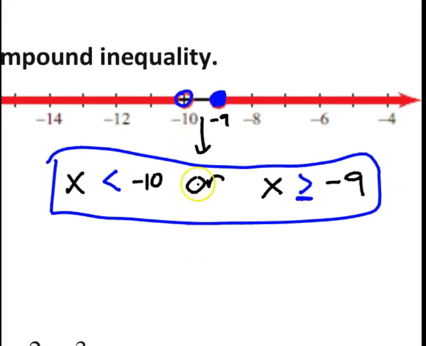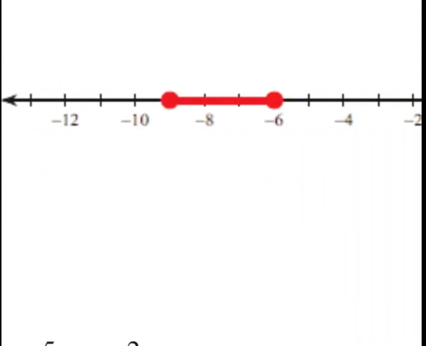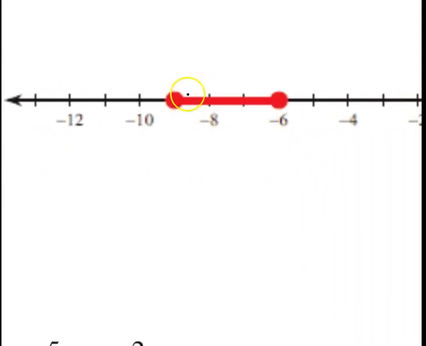And again, you have to have that word "or" because they're going away. Okay. Here is kind of the opposite. They're going towards each other, right? So you can write it as an "and" statement, but the easier way to do that, okay, negative 9 right here,